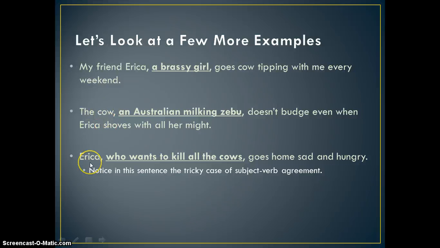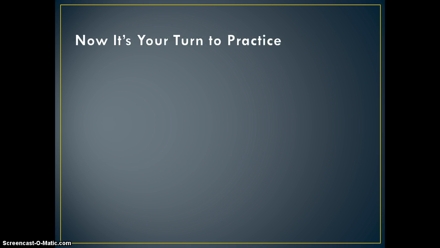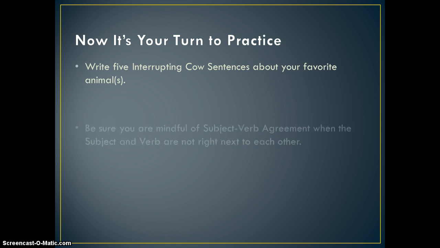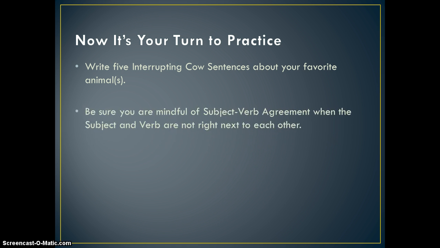They're an adjective describing the subject. They're what's known as appositive phrases. So make sure that your modifiers or your interrupting cows are describing. Now, it's your turn to practice. What I want you to do is write 5 interrupting cow sentences about your favorite animal or animals. Be sure you are mindful of subject-verb agreement when the